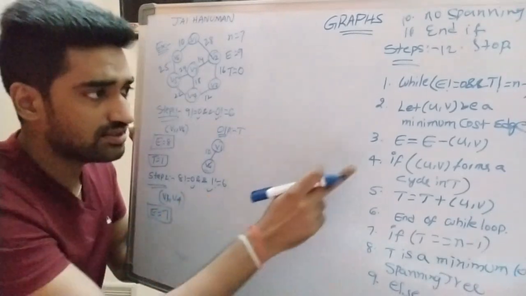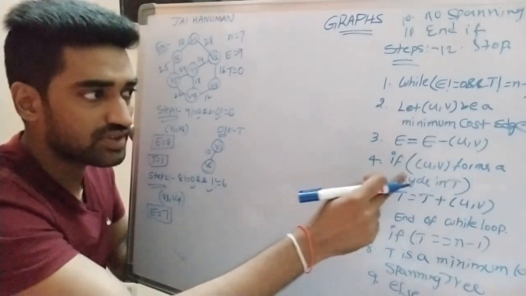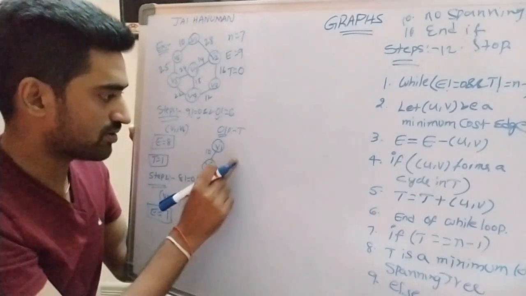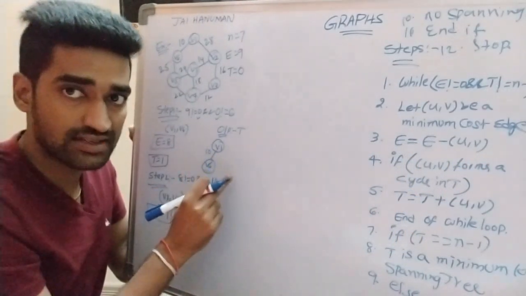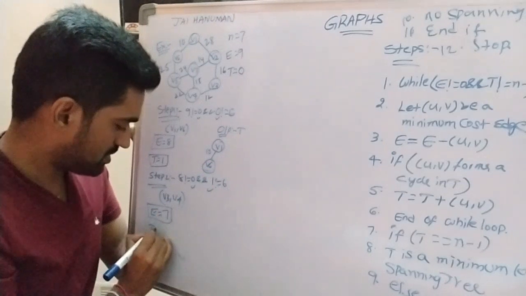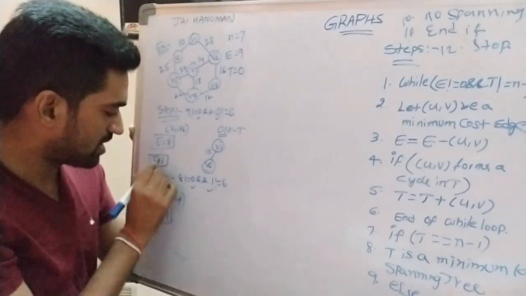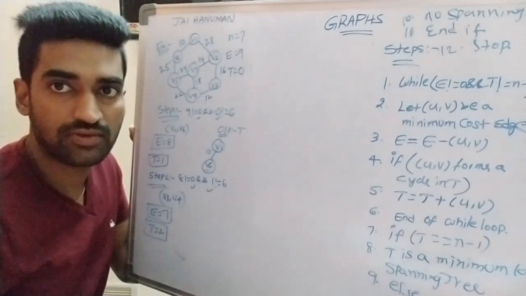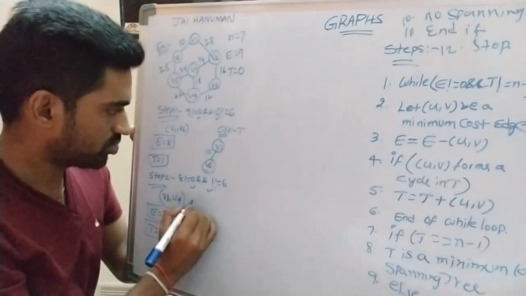Once deleted, we are checking one more condition: whether U comma V forms a cycle or not. So here V3 V4 does not form any cycle. So that's why that can be added to the output. So 1 plus 1, one more edge is added. T is equal to 2. Right? Now output becomes